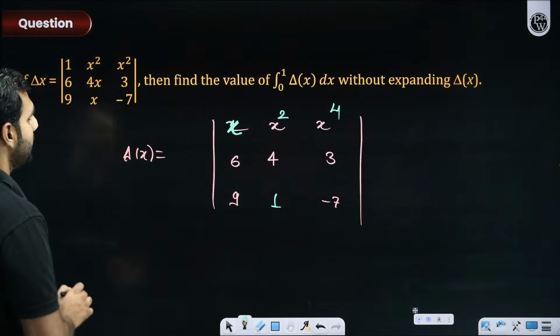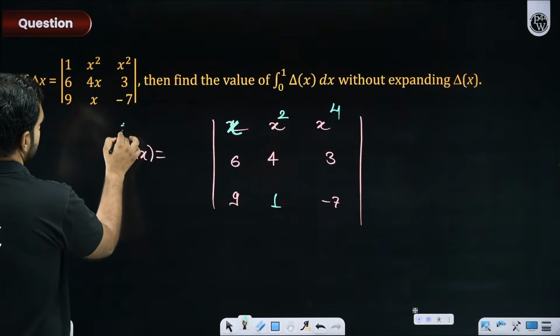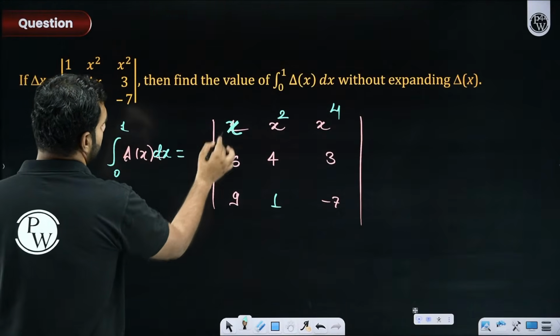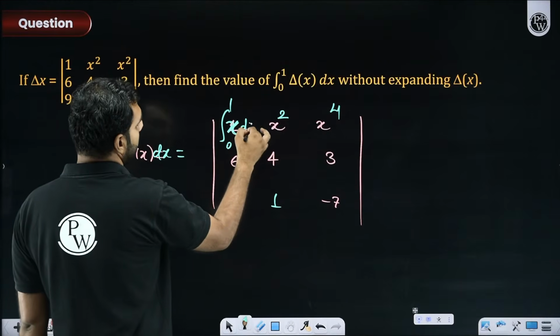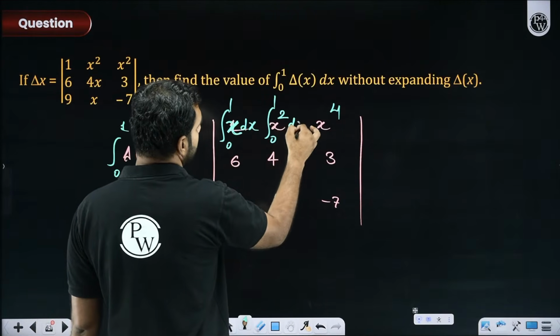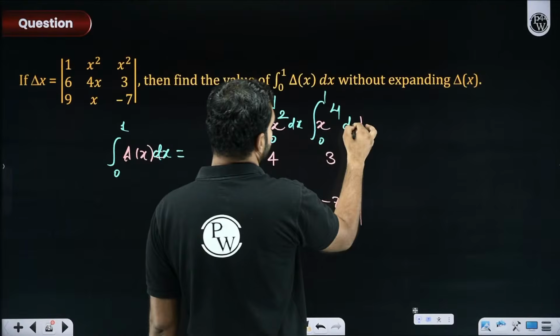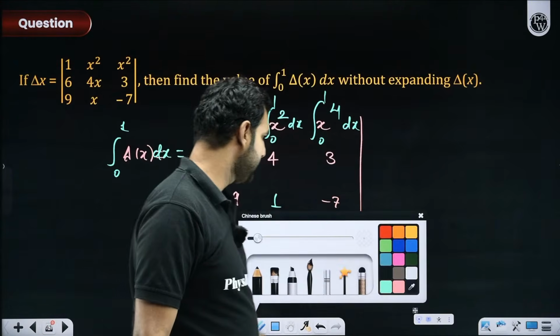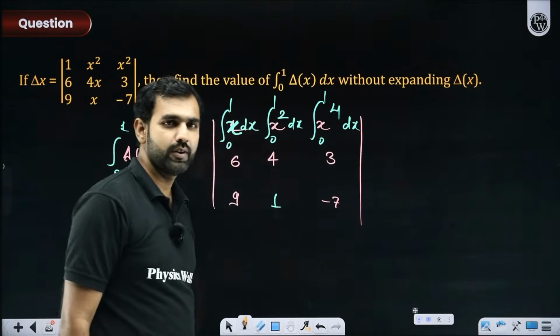So with that, if somebody is asking you to find its integration from 0 to 1, I'll put integration 0 to 1 here. I'll put integration 0 to 1 here. And I'll put integration 0 to 1 here. I hope you got this. Everybody with me on this? And from here,